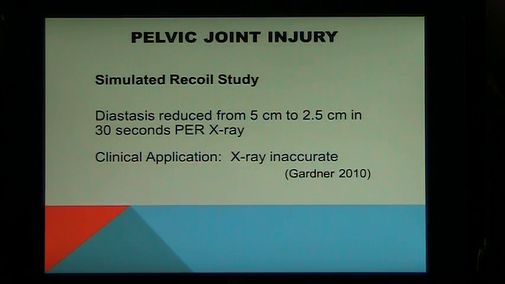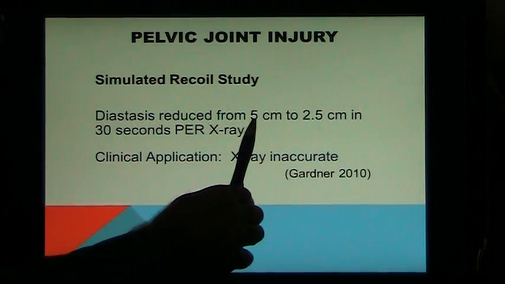So what they're implying there, what is the clinical application? What they're saying is that x-rays are inaccurate in that they do not show the severity of the injury. If someone was going to get in a car wreck and you could put sensors or an x-ray machine inside the car, record the injury, record the split, and say, well, Joe had 5 centimeters of gapping, and now that